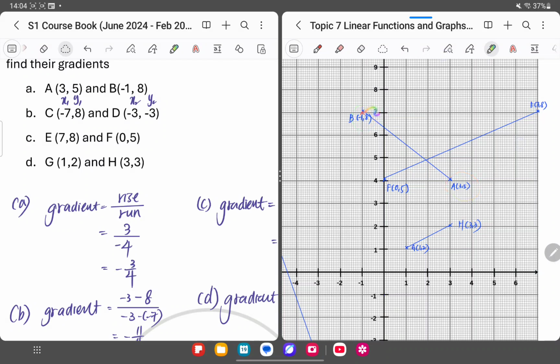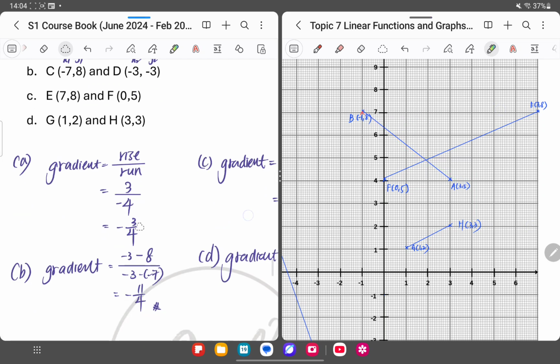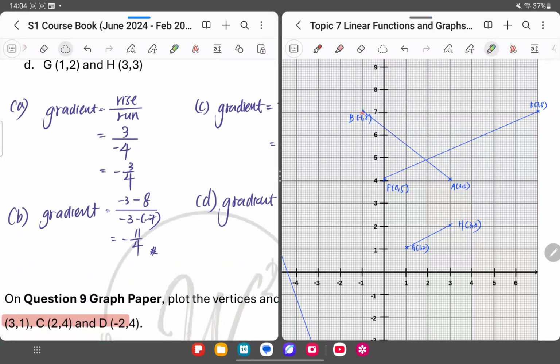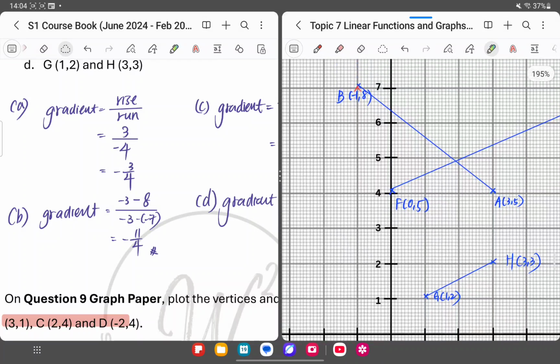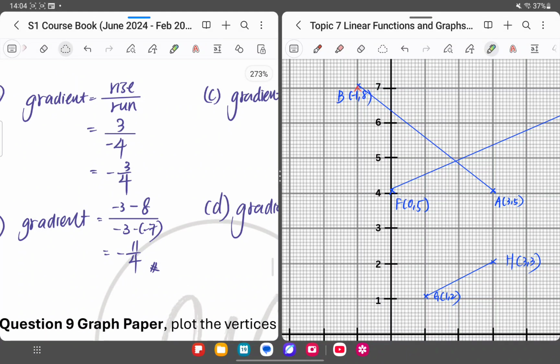Then can you see, right? The line is going downwards. So this one is a negative gradient. Okay, so how do we interpret when it comes to certain fractions in terms of gradients, right? You can take a look at here. So just like I mentioned, this one here,